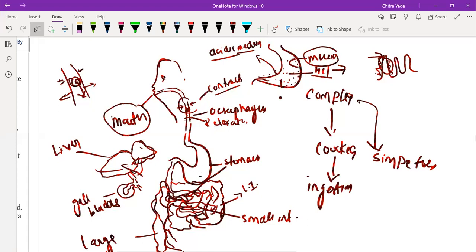When food reaches the stomach, HCl, which is hydrochloric acid, is secreted, and due to the action of HCl, digestive enzymes get activated and help in digestion. And the mucus plays a very important role here. It protects the inner lining wall of the stomach from the acidic action of the HCl. That's why the inner lining wall of the stomach gets covered with mucus and is protected.